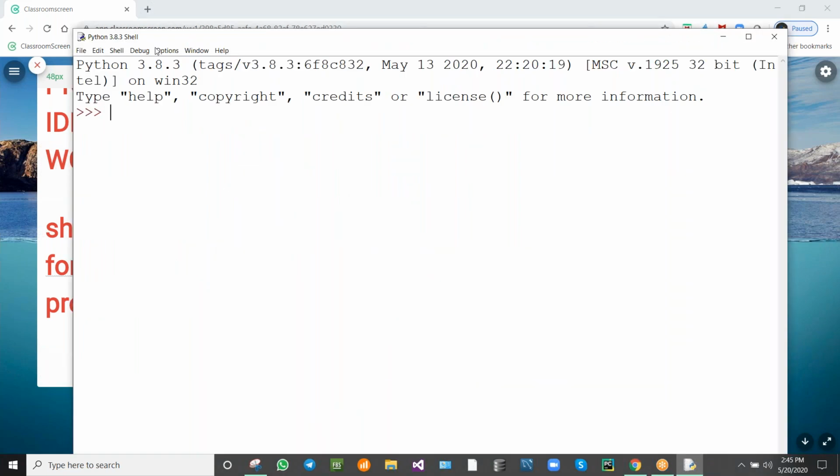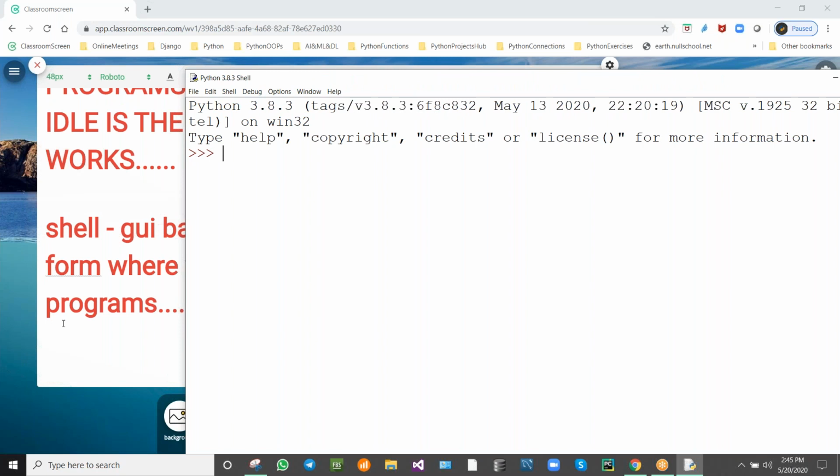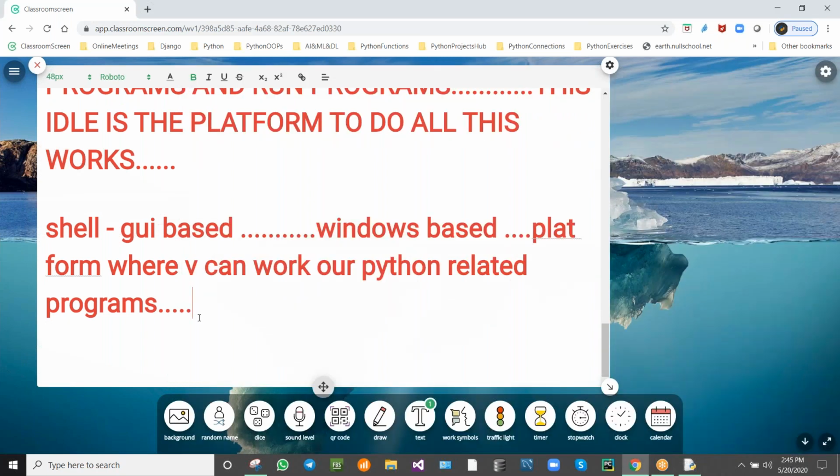See here, first it will be coming like this. Wherever you see this symbol, this means the Python interpreter starts.